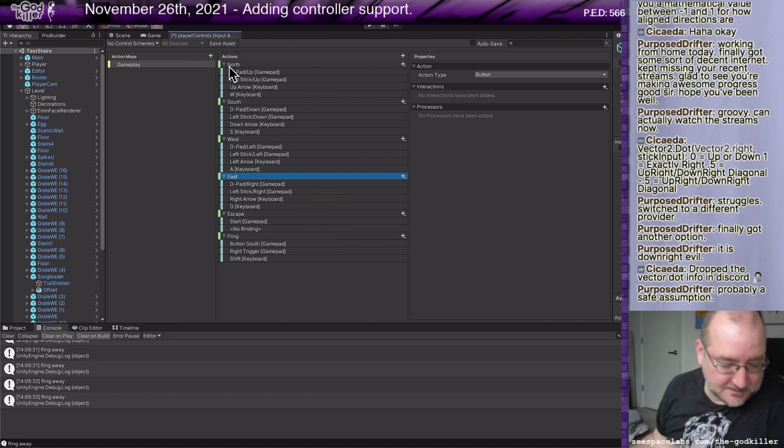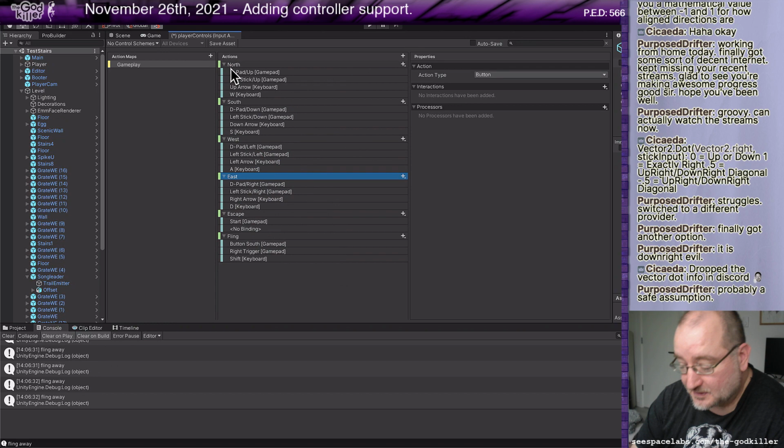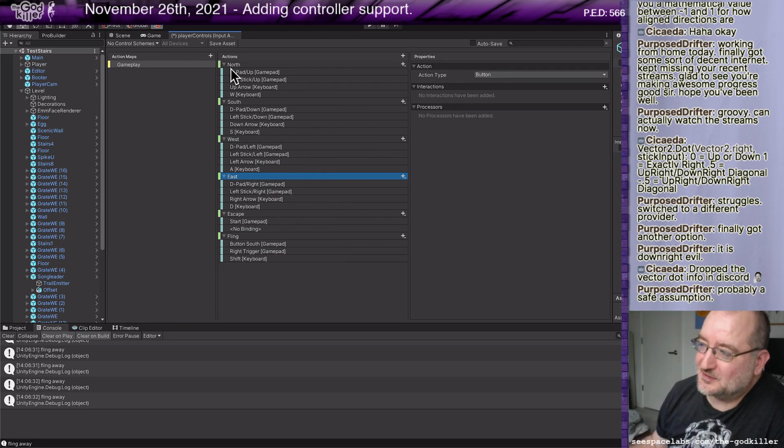Okay, then I did some polling, not computer polling, but people polling. I found out that you need to have support for the left stick and the D-pad, both of them, rather than just one, even though I would have preferred to maybe only say D-pad, because people have strong preferences and they're different controllers. In some cases, one of these options is just really sucky. So I've got D-pad, left stick, WASD, and up, down, left, right arrow keys for my basic movement.